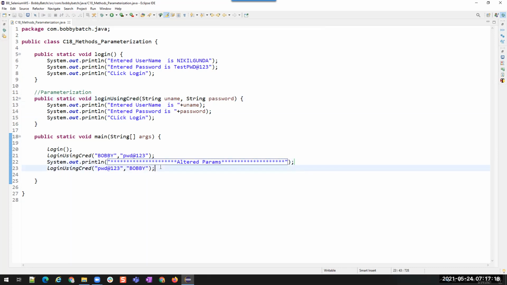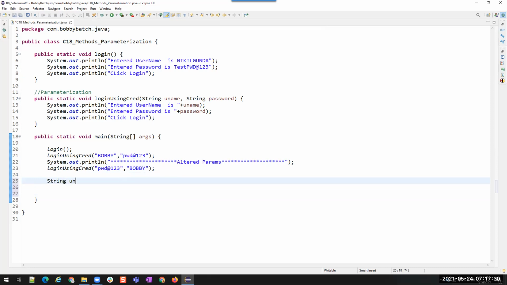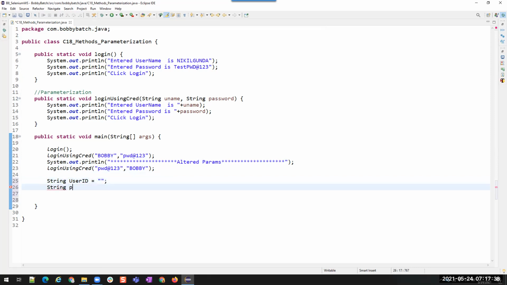Okay, all right. Here I give this in double quotes directly. I'm passing those as strings. Now I can also store the ID is equal to, PWD is equal to.